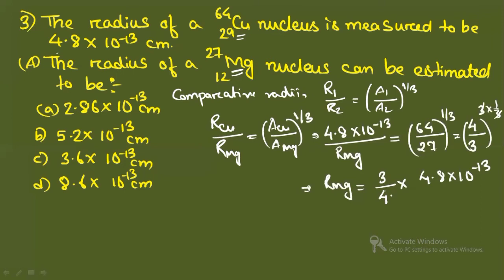Now if you cancel this, R of Mg will be 12 threes, which is 36. So I have written here 3.6. The decimal was before one number, so we have written 10 to the power minus 13 as it is, and it is in centimeter. So this is the radius of the other nucleus. So your correct answer is option C. You can see it is all about the values that should be put in and evaluated in the formula. You just need to put the values and calculate it, right?